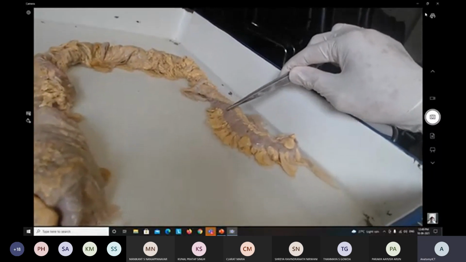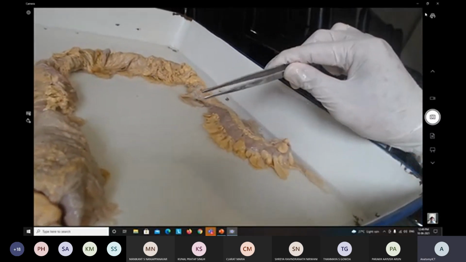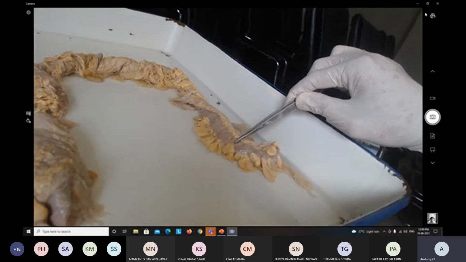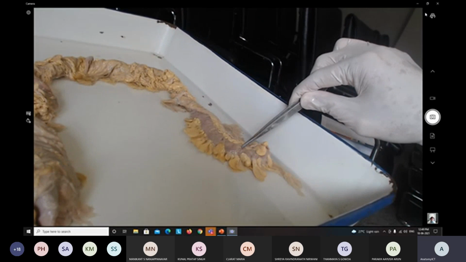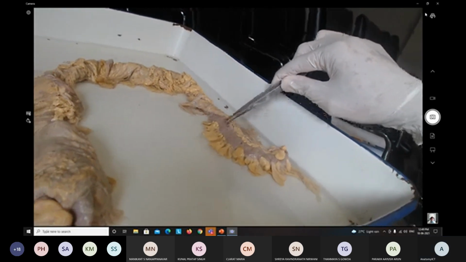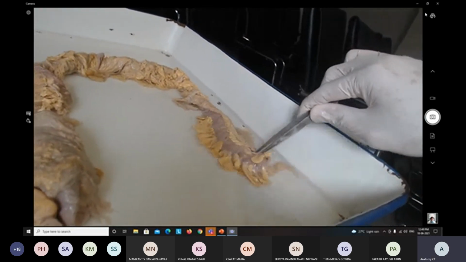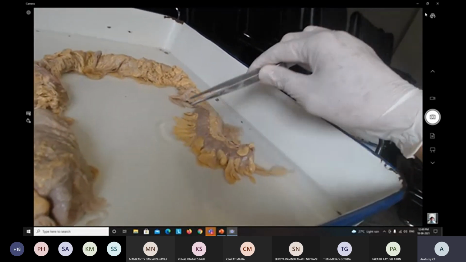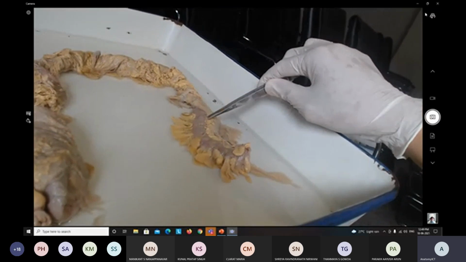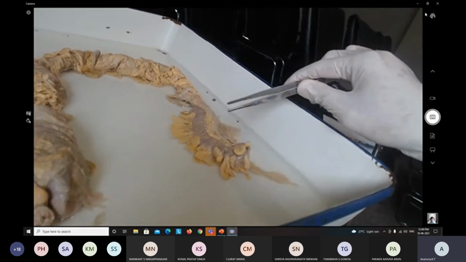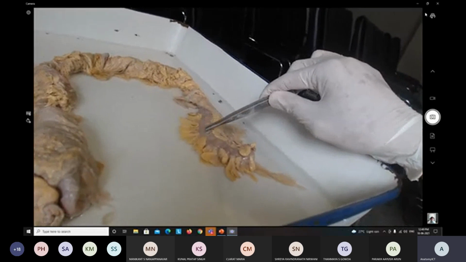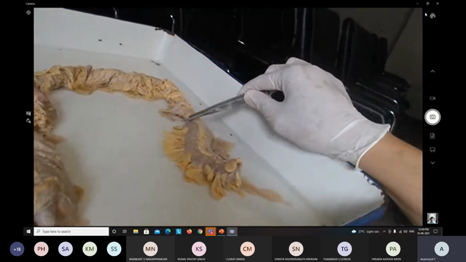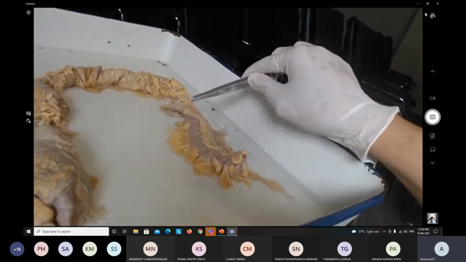Now you can make out here, these are the dilatations. See this forceps. These are equal, serial dilatations. This is called sacculations. So the fatty pouches are the appendices epiploicae. The longitudinal muscle coat is the tinea coli. Then these serial dilatations, one by one like cubes, are one of the important cardinal features of the large intestine, that is sacculations.